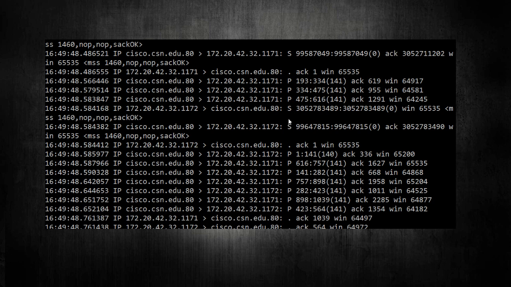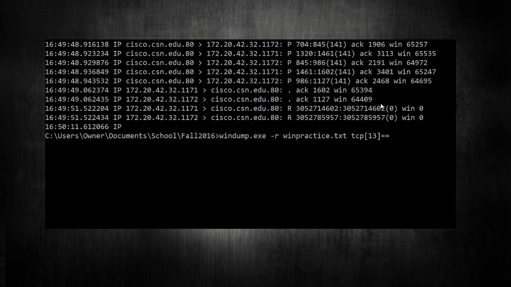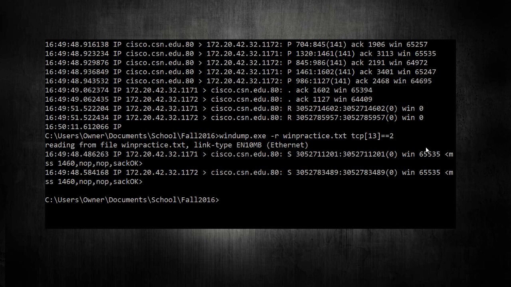We're looking for this right here. And what we can do is say look at the TCP 13 in, and if it equals 2, which is the S flag, to pull it out. So it's going to go through, and this is going to take a minute because if I remember right, the only 2 are towards the end. Yep, so it went through and pulled out the only 2 that are with the S. Now, there happened to be only 2. Don't get confused that there was only 2 when we said 2. This is not specifying only pull out 2. This is specifying pull out any of the S flag.